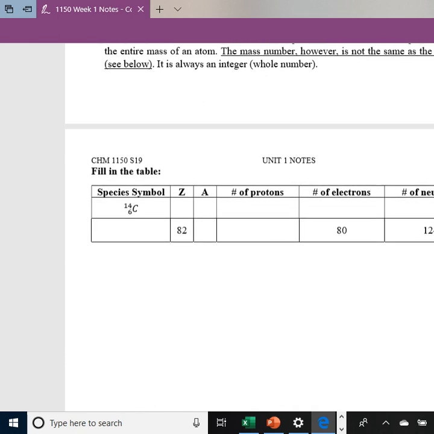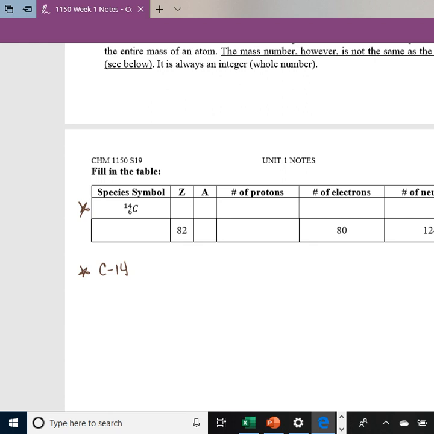So fill in the table. This is the last table that we'll be doing. Now we're going to have our mass number and our atomic number. Our first line is referring to carbon. Sometimes you'll hear us say carbon 14. You might see this written as C14. When you see it written that way, it's referring to the mass number